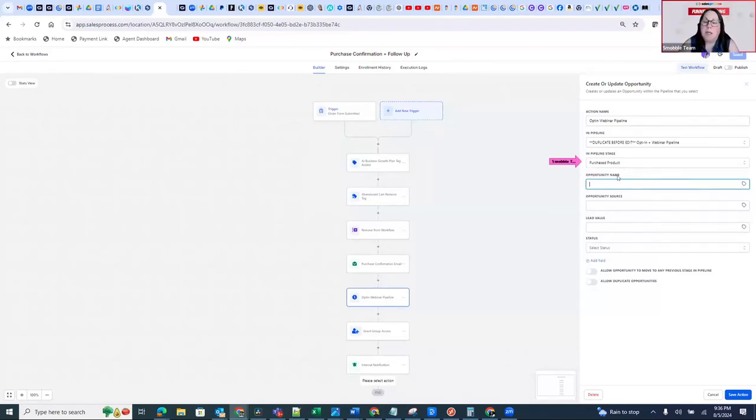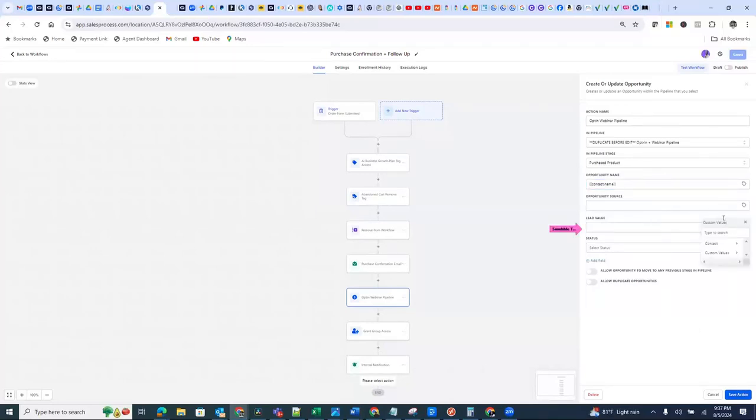And in here, you can use the tag. So click on the tag and use their contact name, full name. Full name? Yeah. And you can leave it at that. If you want, you can put in the date and time, if that makes sense. Then in here, you're going to say how much was the purchase for.